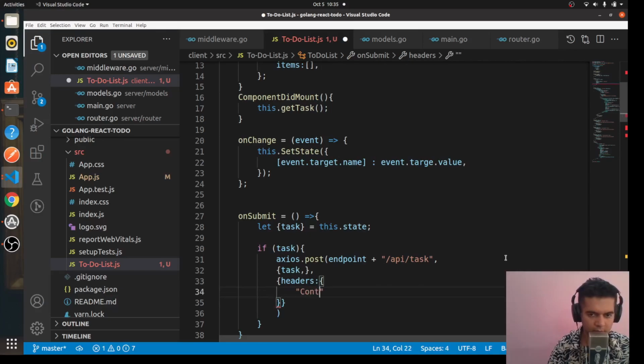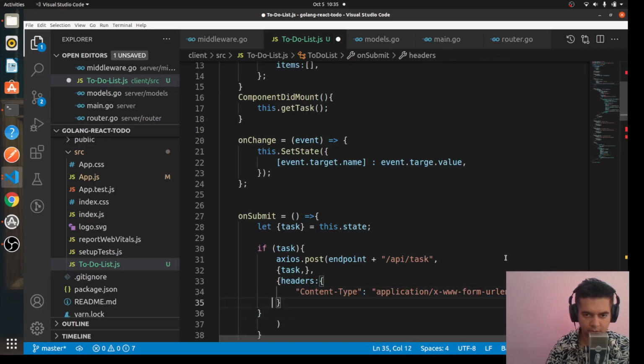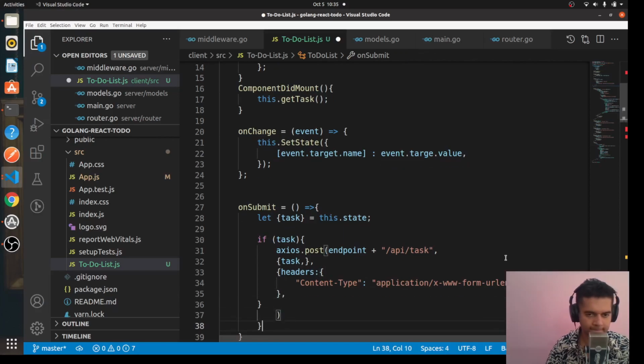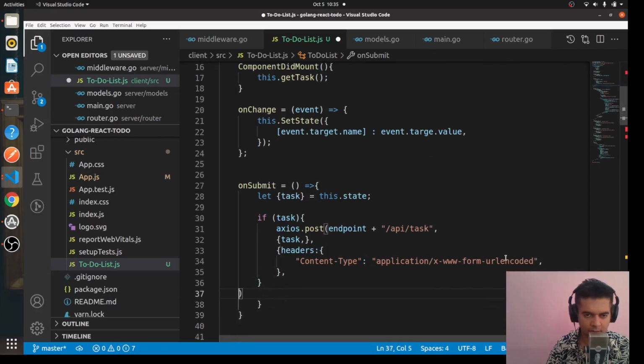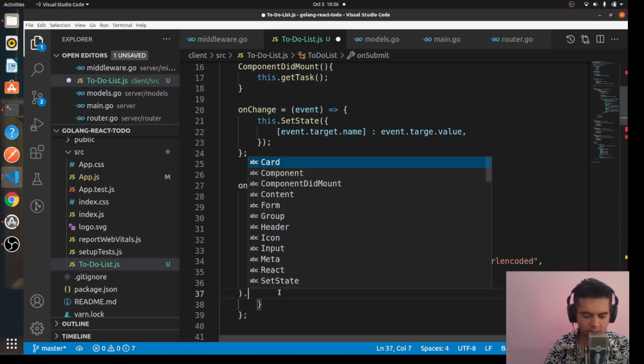Here you'll have content type, application will be x-www-form-urlencoded, comma. All right, so you'll press enter here, put a comma. Okay, so after this bracket, the round bracket, firstly just put a semicolon here, and after this round bracket, you'll say dot then, and